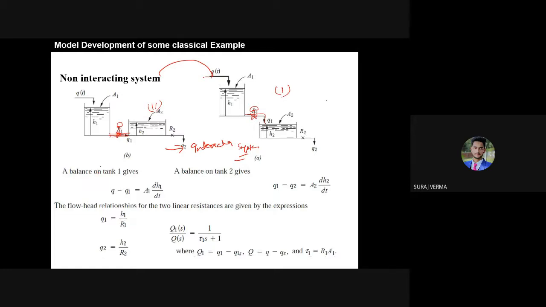Yes, Aditya Kumar, क्या बोल रहे हो? जो इंटरेक्टिंग सिस्टम है सर, उसमें लेवल जो होगा सेम ही होगा। जैसे पहले वाले कंटेनर में जो H1 हाइट है, अगर वो H2 से कम हो गया, H2 को भी कम होना पड़ेगा, वापस वो उधर फ्लो हो सकता है।